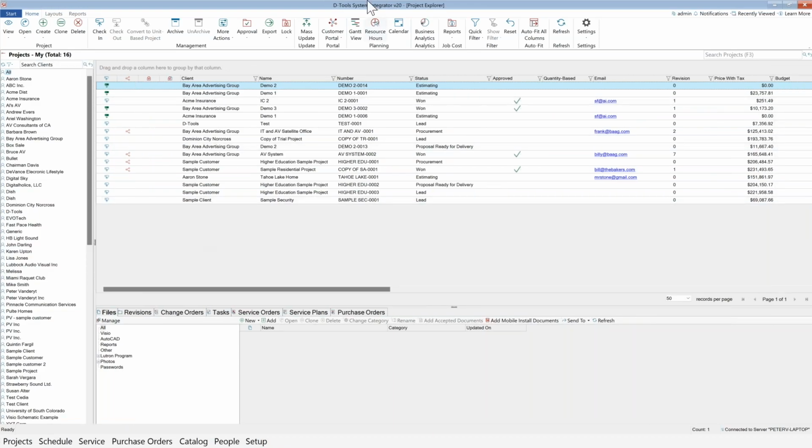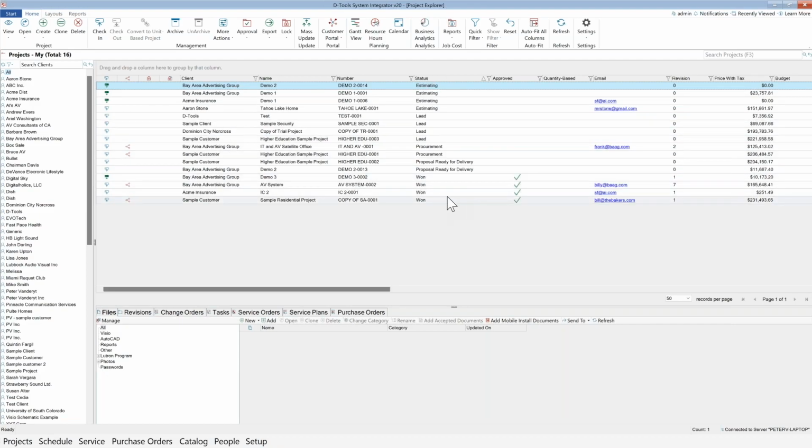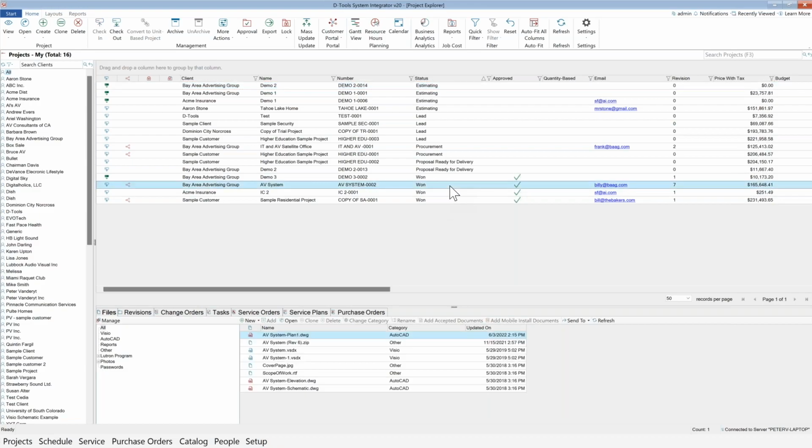That being said, I came here. This is the Project Explorer. This is where I have all of my active projects. And just to scroll here, if I come down to this particular job right here and highlight it, this bottom ribbon is everything with that job. This is where you're pulling that information that's showing on the home page, right? You create your custom reports if you want, but if I come here and just highlight this job, I can